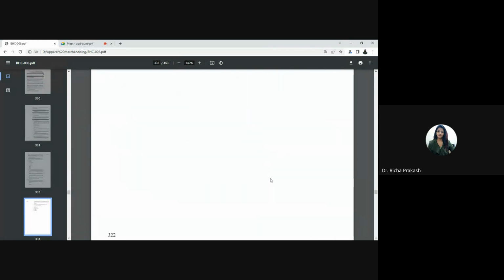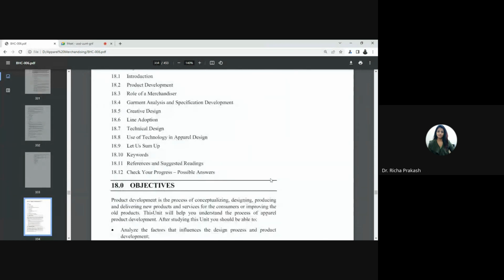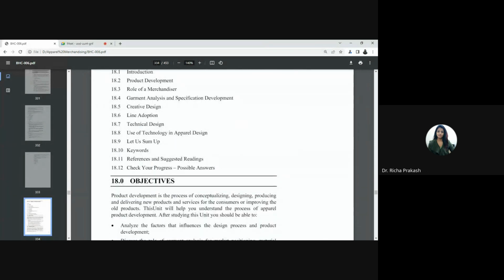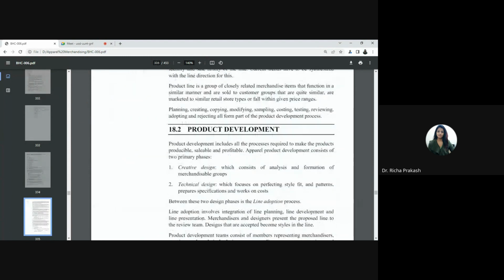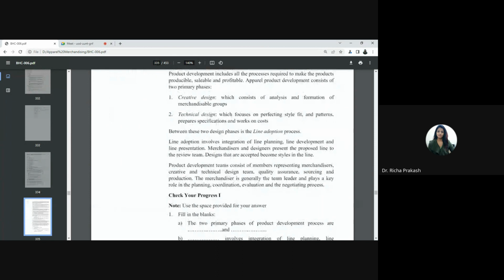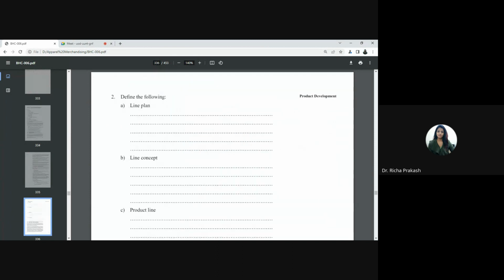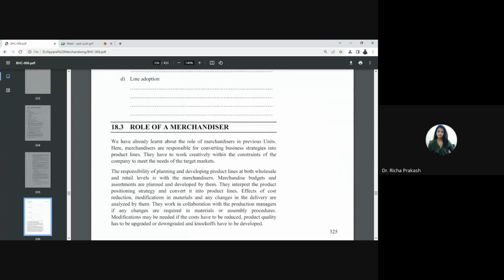So that's about your trimmings, and then product development, the final stage. The raw material is done, dyeing, printing is done, trimmings are decided, everything, and then you produce that particular fabric. So in product development, either you do it on the basis of creative design or technical design. And now whenever a merchandiser, actually the role of the merchandiser, as I have mentioned many times earlier,